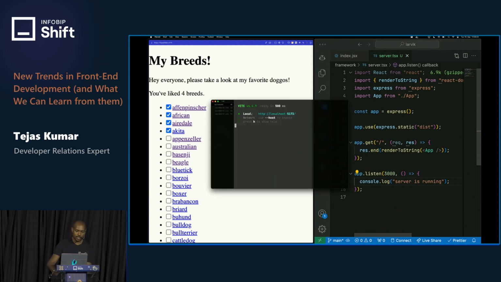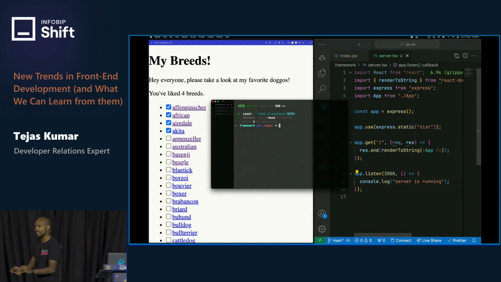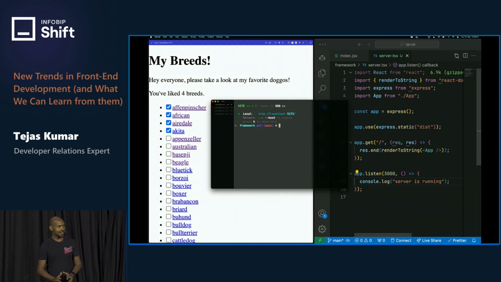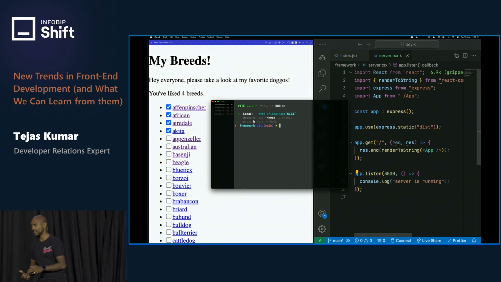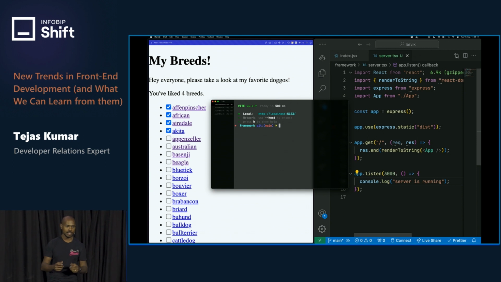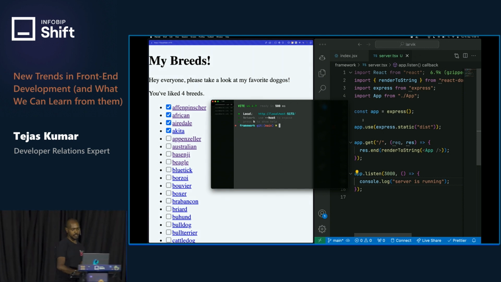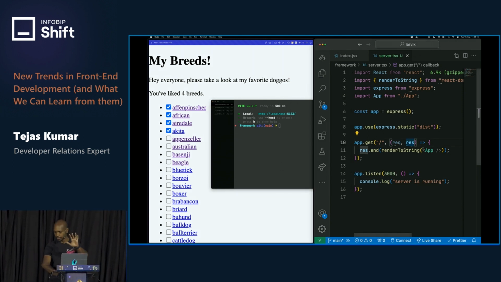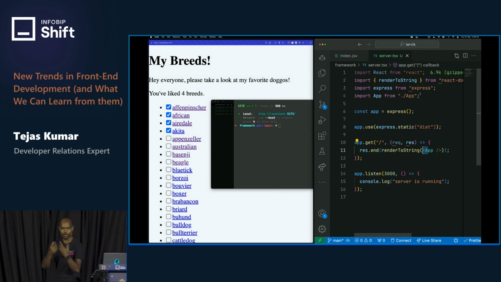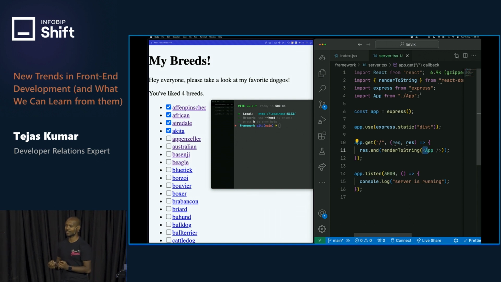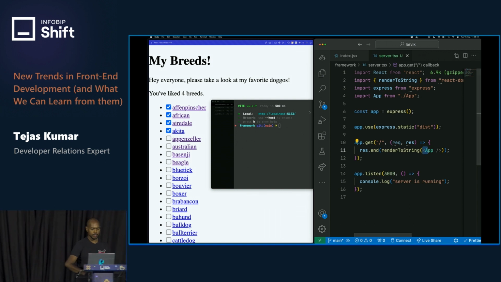Now, how we're going to run this is using another new trendy thing called Bun. Bun is a replacement for Node.js. It's faster, it's better in many ways, but Bun is useful here because notice, we're using TypeScript, we're using JSX, we're using a bunch of things that Node.js has no support for out of the box. Bun does have support for this out of the box. So what we'll do is we'll do bun